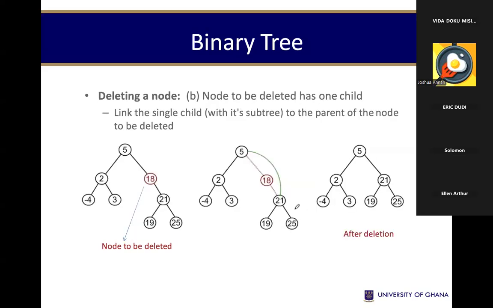The next one on the table is if I want to be able to delete a node that has 1 child. So I want to delete 18, okay? And basically 18, I have to first identify the parent. The parent is what, 5. Now for the parent, which is 5,